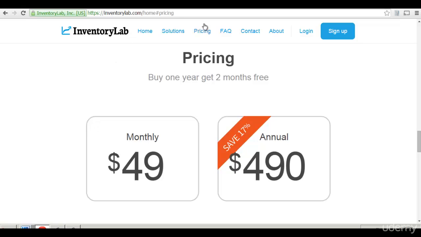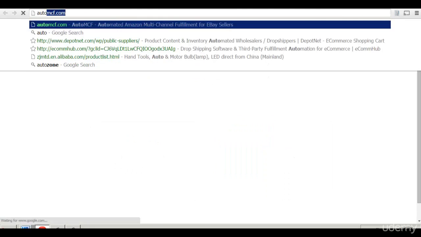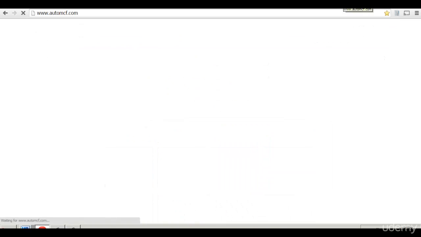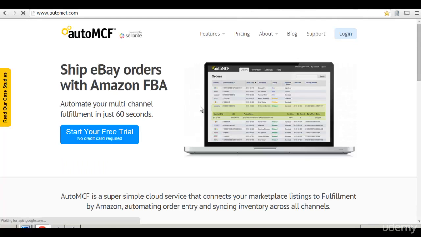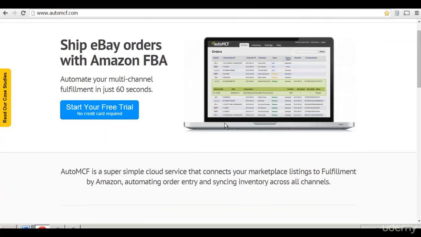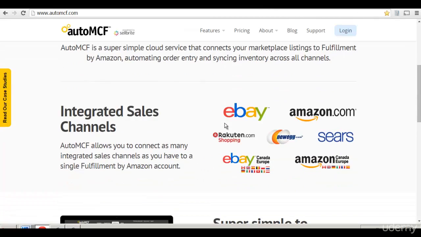If you were going to sell your products on multiple marketplaces, I think I've talked about it in my previous course, but it's called Auto MCF. So if you really did want to sell your private label products on other marketplaces like eBay or Sears or Newegg or Rakuten or whatever, you can do that easily. All you have to do is let Auto MCF integrate it, and then they'll list it on these other